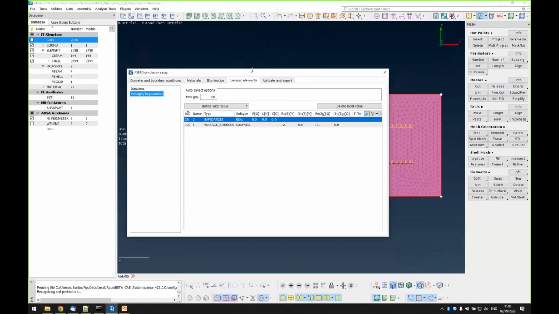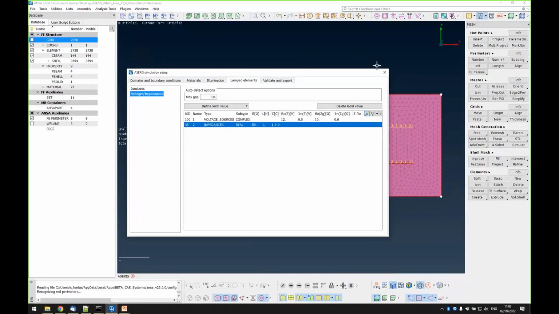And you can edit its values here. You can have a complex impedance of, let's say, 50 ohms and 1 Henry. And let's say 1 nanofarad.